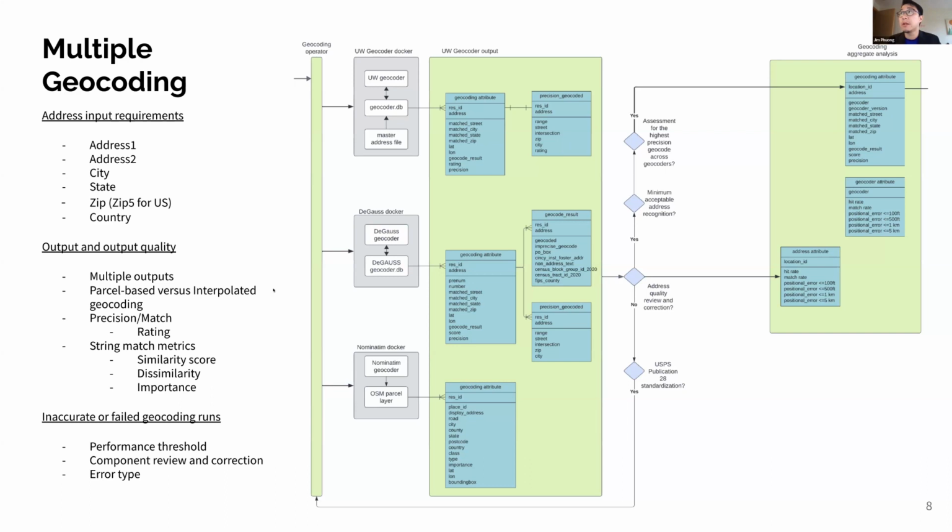We do have to consider that each of the outputs are different. Some geocoders might generate multiple outputs, multiple best match addresses or latitude longitudes. We've noticed this within the Gauss geocoder and the Nominatim geocoder. And then once we get into the precision match and the string match, there are sometimes different scores, and those things have to be documented first, and then we could reconcile them for how we want to interpret within that one geocoder versus across the geocoders.